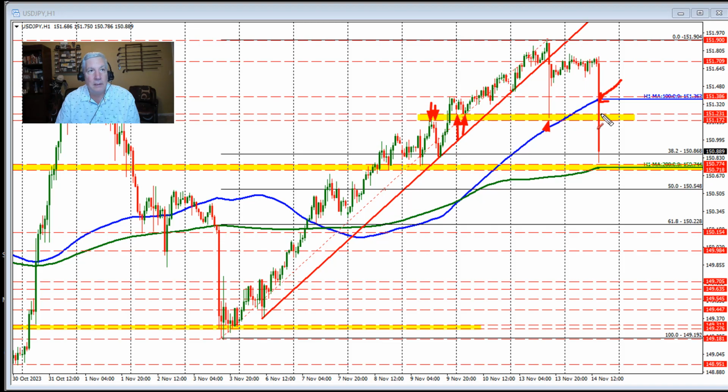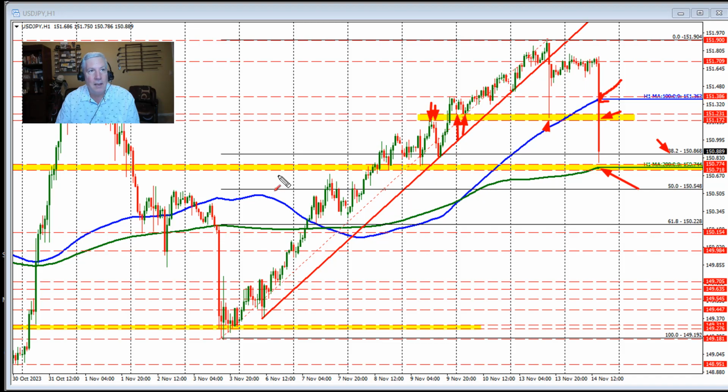It's fairly easy to see, and we fell below those levels. This is going to be a risk-defining level for traders. As long as the price remains below this level, the bias remains more to the downside. Now, on the downside, the price has moved below the 38.2% retracement, but just like the euro versus US dollar,